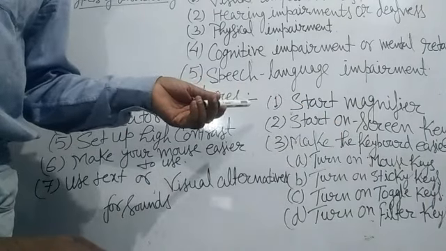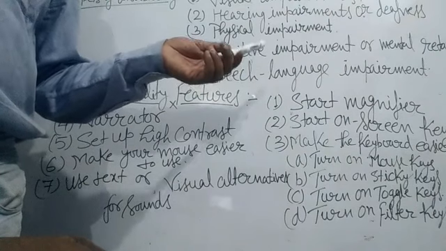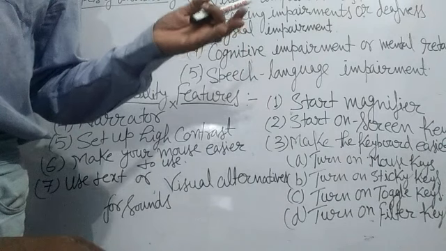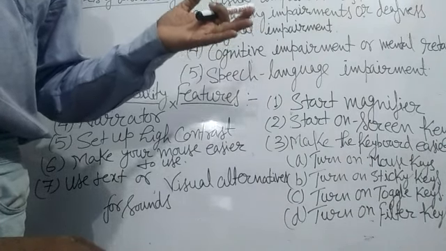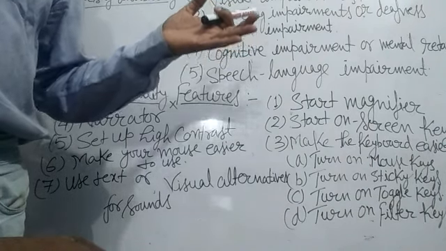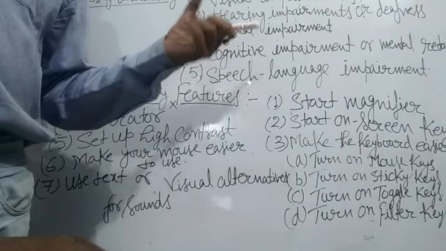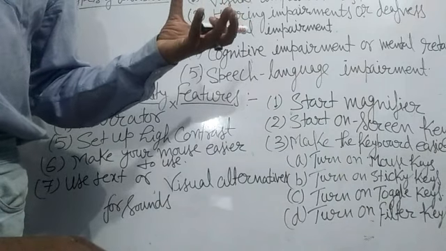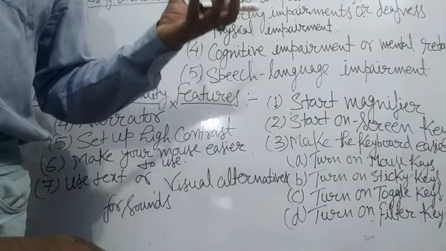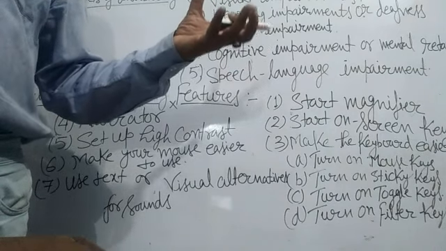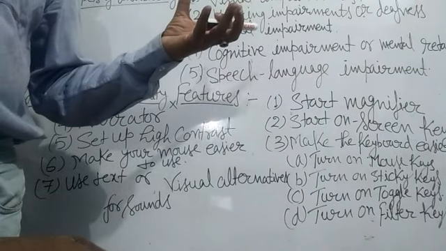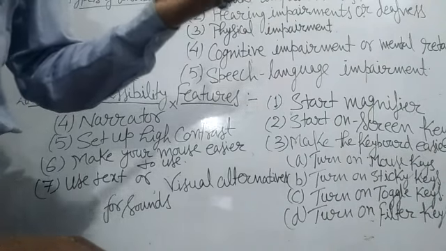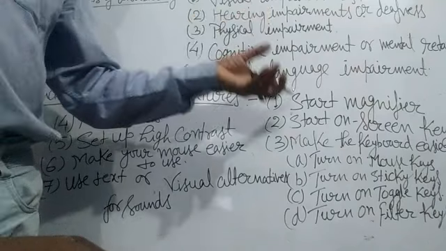Now next, start On-Screen Keyboard. Instead of the physical keyboard, the on-screen keyboard displays a visual keyboard with all the standard keys. You can select keys using the mouse or another pointing device, or you can use a single key or a group of keys to cycle through the keys on screen to type using the on-screen keyboard.